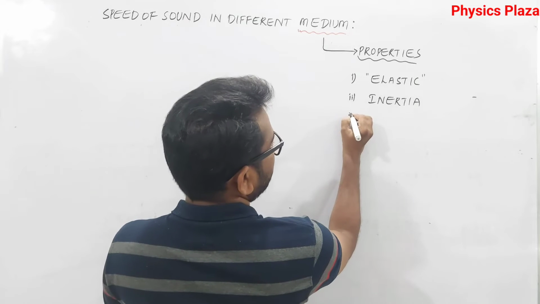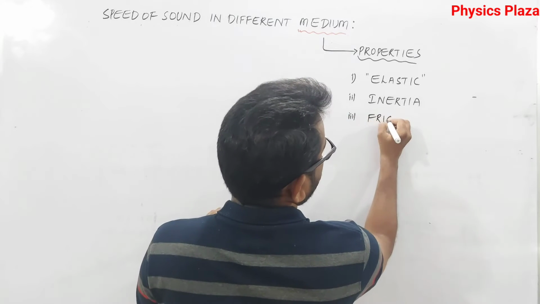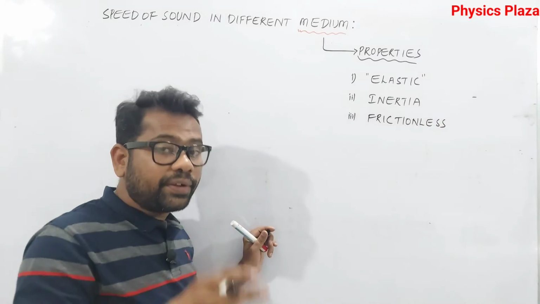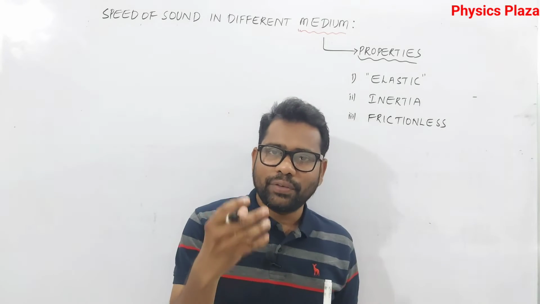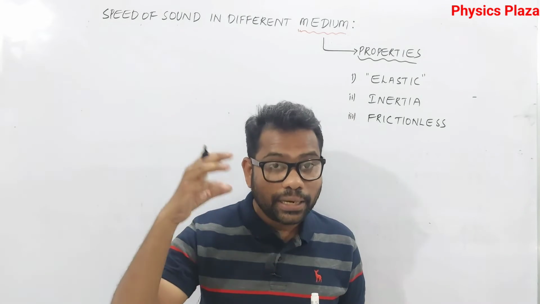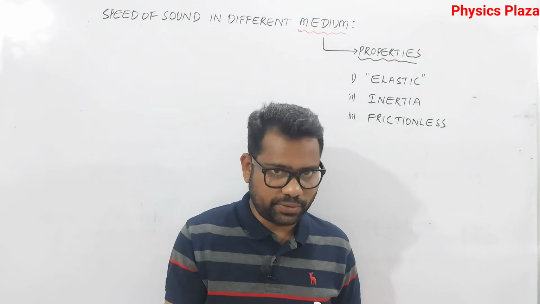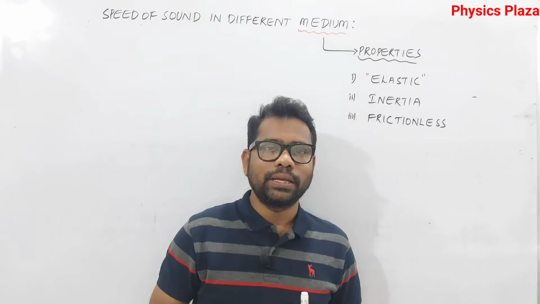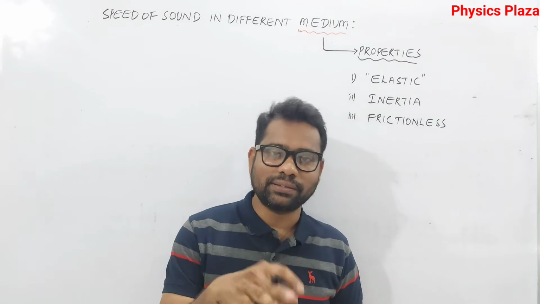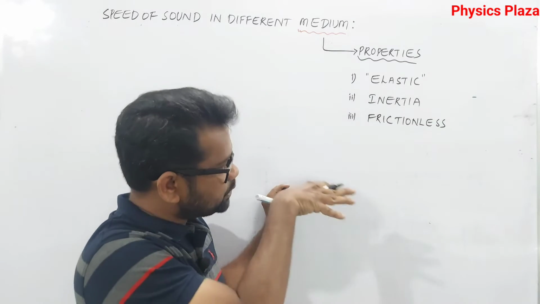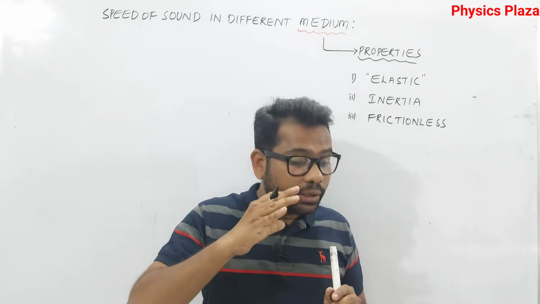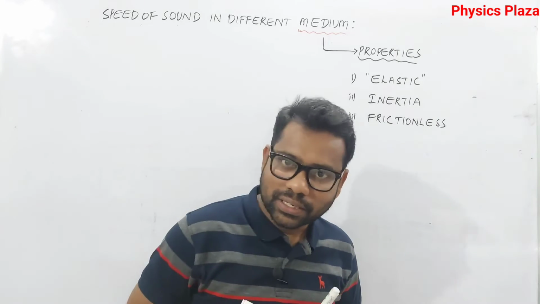And the third important thing is that the medium should be frictionless. What if the medium has friction? Children, whenever there is friction, there will be a loss of energy, as we discussed in loss of motion. But till date there is a big question: is friction a good one or a bad one? It depends on the situation. Friction is good as well as bad. But in this case, the medium should be frictionless, so that there won't be any energy losses. Is that clear, children? Yes.